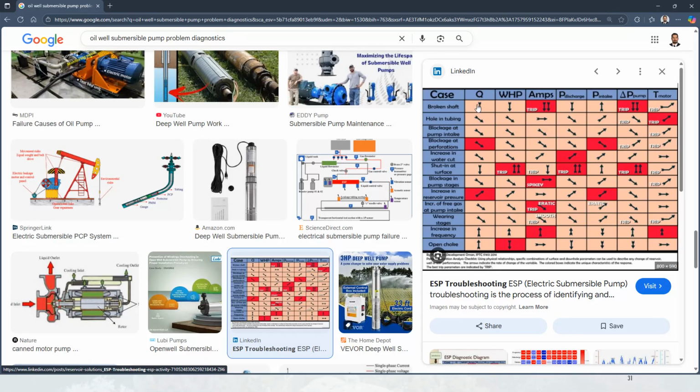For example, if you have a broken shaft, a hole or a punch in the tubing, a problem with the surface equipment, maybe a blockage in the system, maybe some stages that are going bad, they are wearing. So basically, these are the things you have. But you can see that this is a really rough guideline. It's just showing you symbols like this is going down, this is going up, this is staying still, or this is tripping. But the problem is you need to provide these rules manually